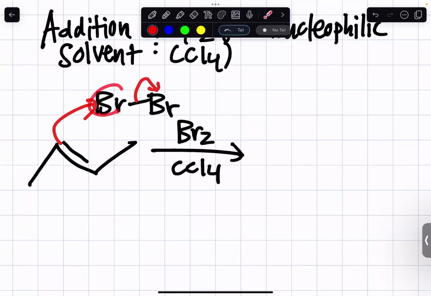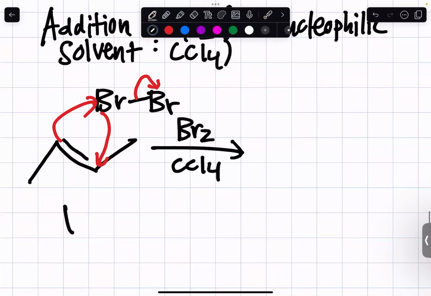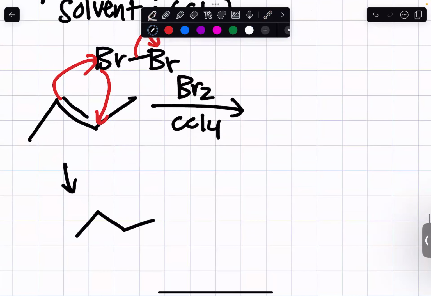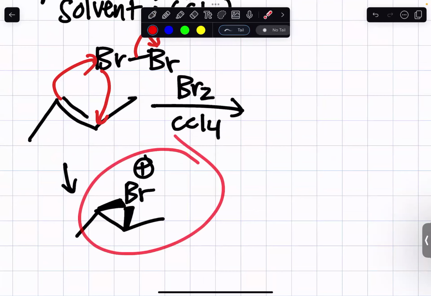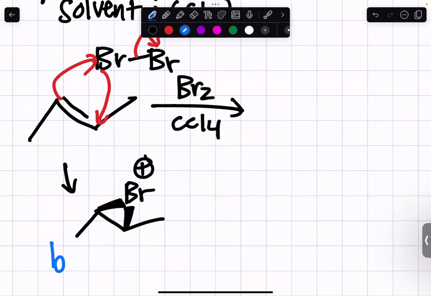And as this bromine here is gaining electrons, it's becoming more negative. As this alkene here is losing electrons, it's becoming more positive. So this Br here is just going to come back and attack the other side of the alkene, like that, right? They add on the same side. So if that one is wedged, the other one will have to be wedged as well. And this right here is called the bromonium ion,